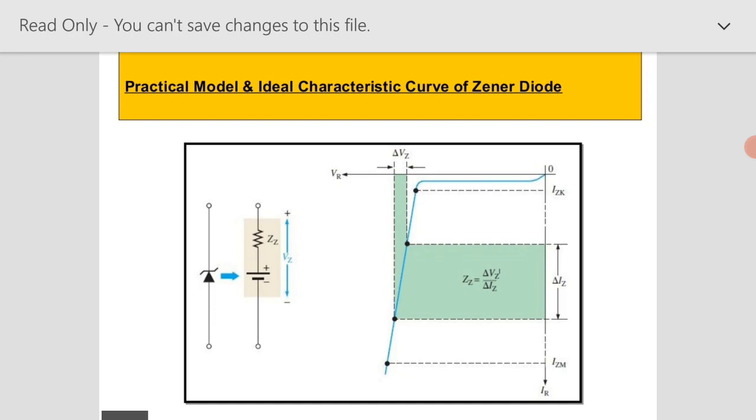zero, and here the characteristics of the Zener diode where Zz is equal to del Vz upon del Iz, where the